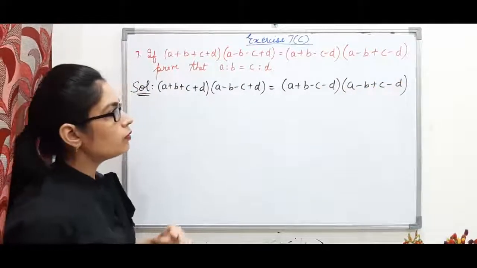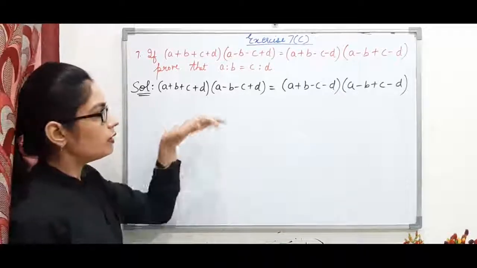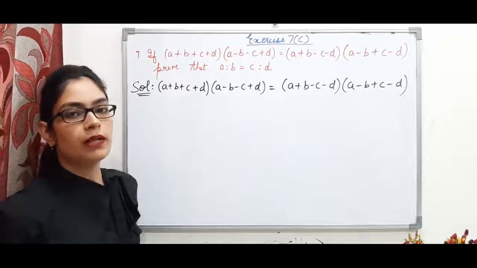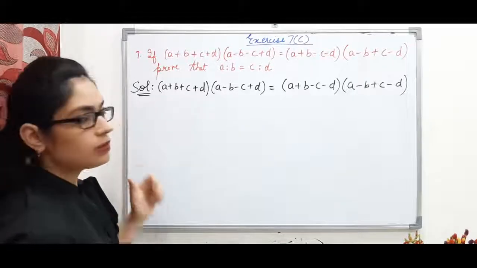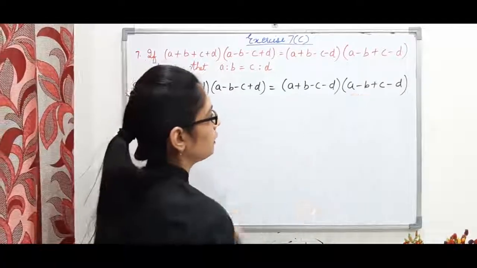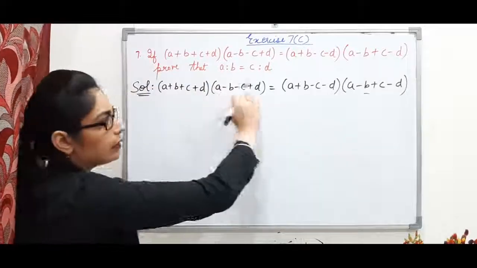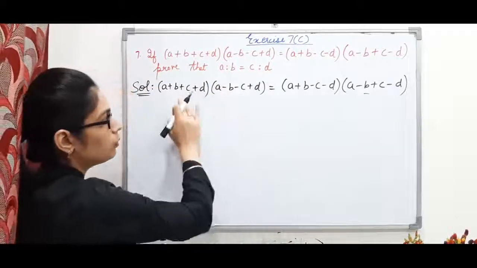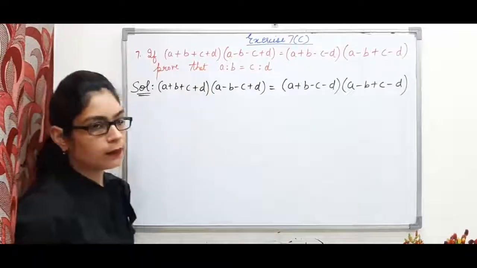See, what we have to do, first of all we have to convert into ratio form, because only if we convert in the ratio form can we apply the properties. Now how to shift, because I have two expressions here and also two expressions here. So I can shift this to the other side and this also to the other side. Same goes with this side also. So how to choose which term should be together?